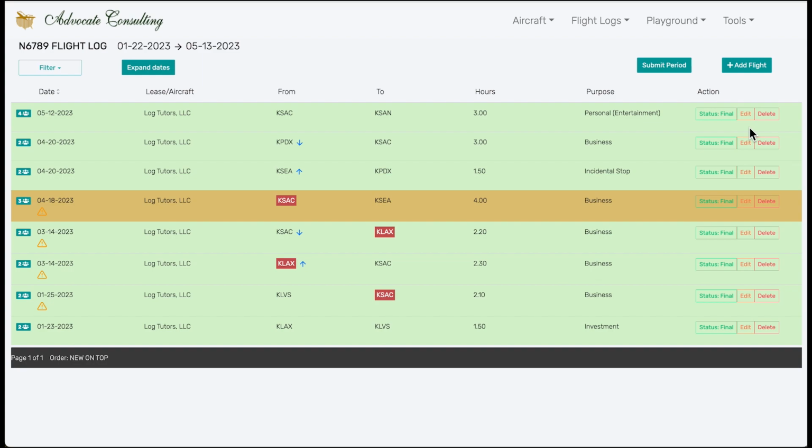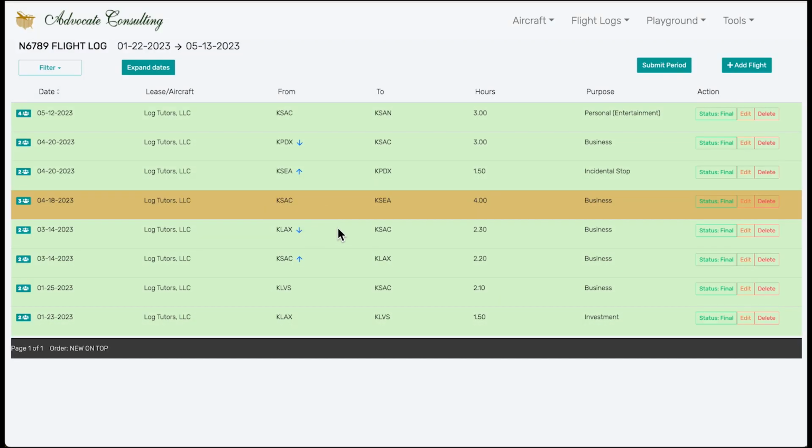In this case, we can resolve the issue by noticing that there were 2 flights on March 14th, and that those flights were simply entered out of order. We can just click this arrow to reorder these 2 flights. Now you can see that the warnings went away, and there are no more mismatches between the arrival airports and the departure airports. Now that the final error is resolved, I can go back to the submission process, and we